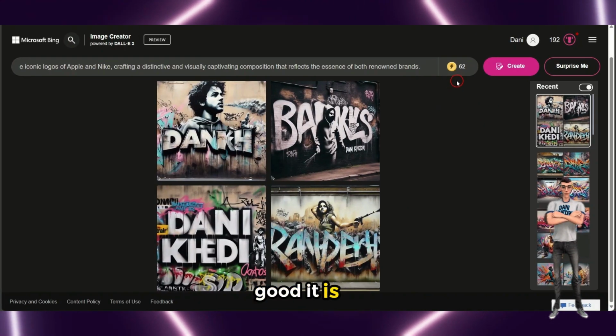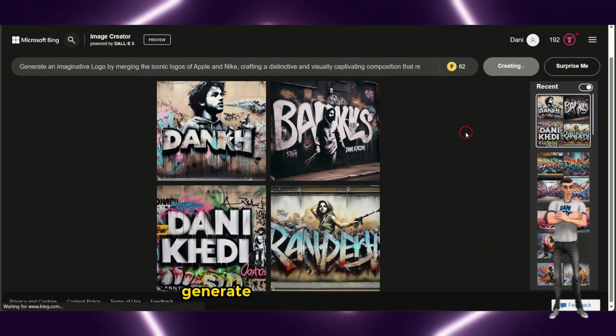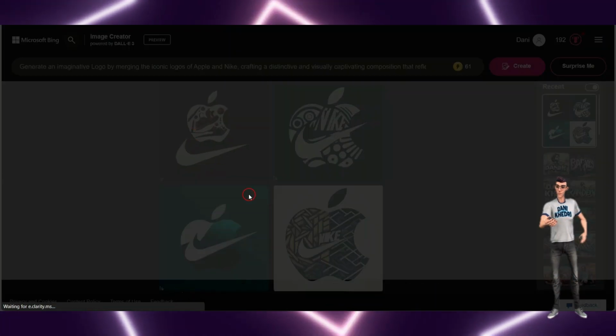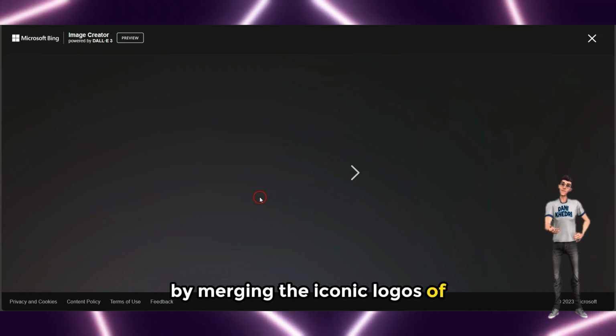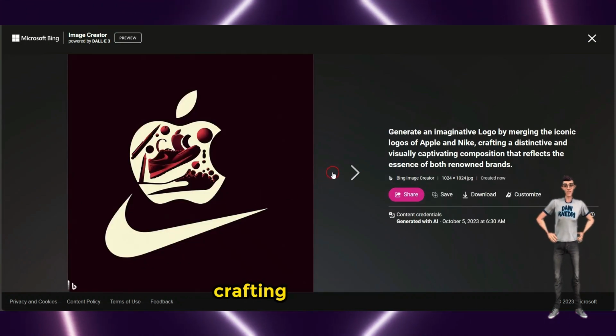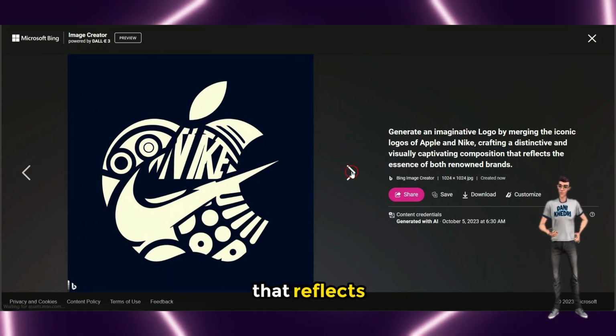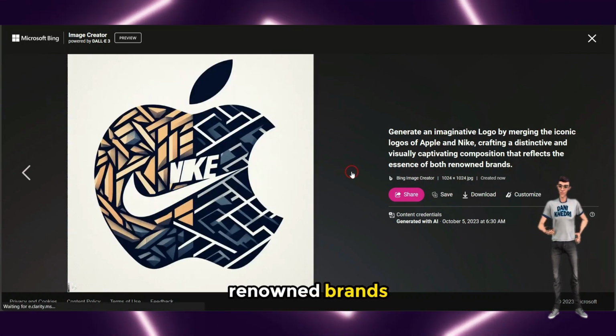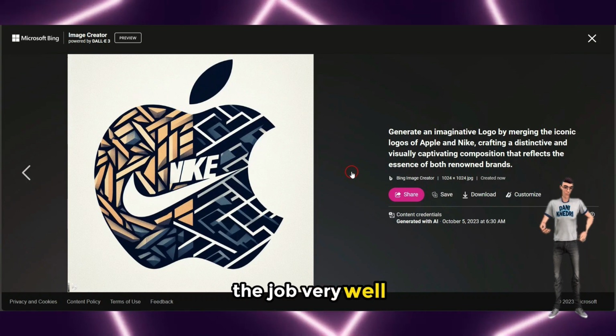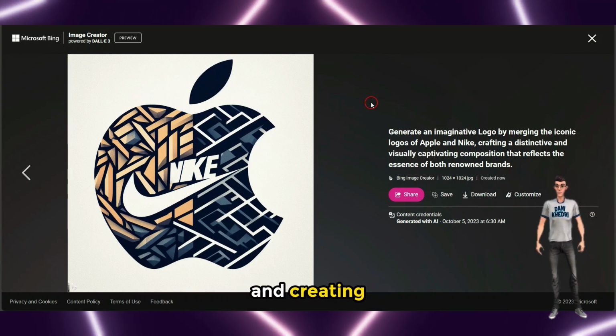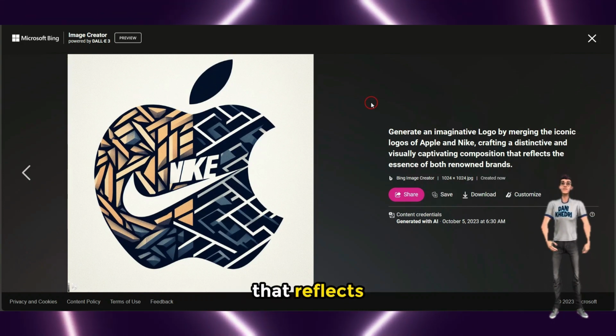Let's see how good it is at making logos. Generate an imaginative logo by merging the iconic logos of Apple and Nike, crafting a distinctive and visually captivating composition that reflects the essence of both renowned brands. I think it did the job very well, integrating and creating a distinctive combo that reflects the core of both